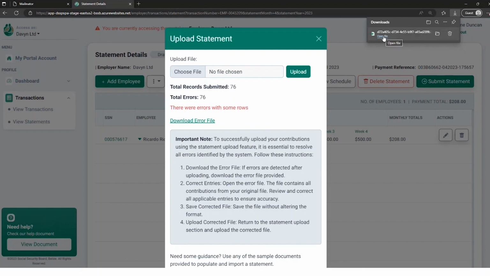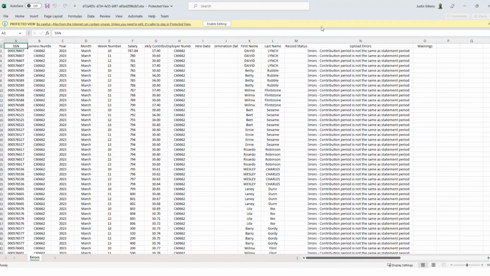So I'm going to download this file, which you see here has been downloaded. I'll open the file. 1 second, it's opening on my other screen. Okay, great. And so it's coming over to my screen. And for every error in this file, it's going to tell us exactly what the error is. And for this here, it says